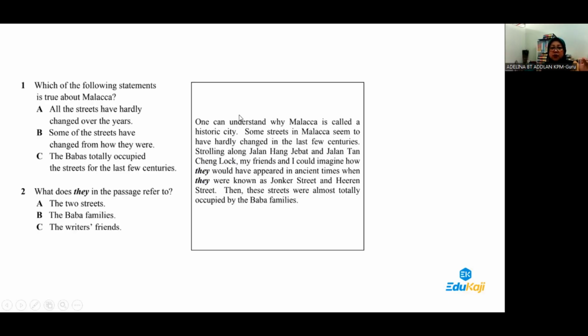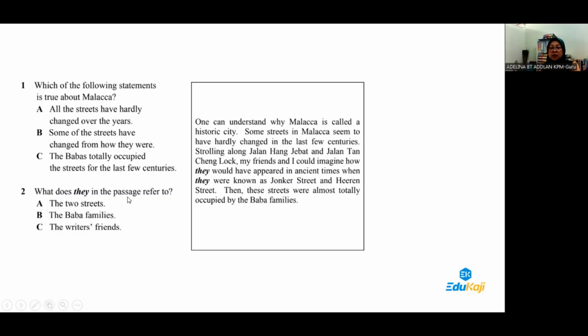Now, if you look at the previous trial question that we have already discussed, you could see that sometimes in one text there will be 2 questions about it. Sometimes one text will have only 1 question about it. Yet, the choices given to the students are only 3 multiple choice options. I need to highlight this because sometimes students just ignore the highlighted words. But if you see the word is already in bold, go and refer back to the facts that you are reading. From there, you can get the answer.